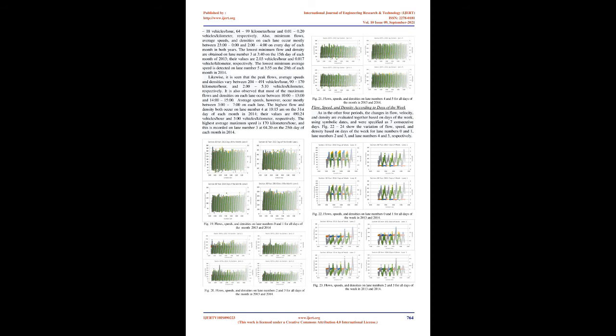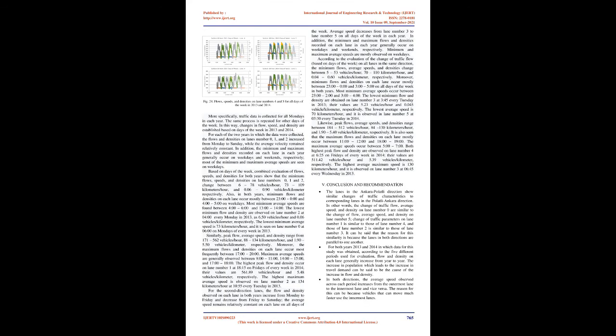Similarly, peak flow, average speed, and density range from 171–562 vehicles/hour, 88–134 km/hour, and 1.90–5.50 vehicles/kilometer, respectively. Moreover, the maximum flows and densities on each lane occur most frequently between 1700 hours–2000 hours. Maximum average speeds are generally observed between 9 o'clock–11 o'clock, 1400 hours–1500 hours, and 1700